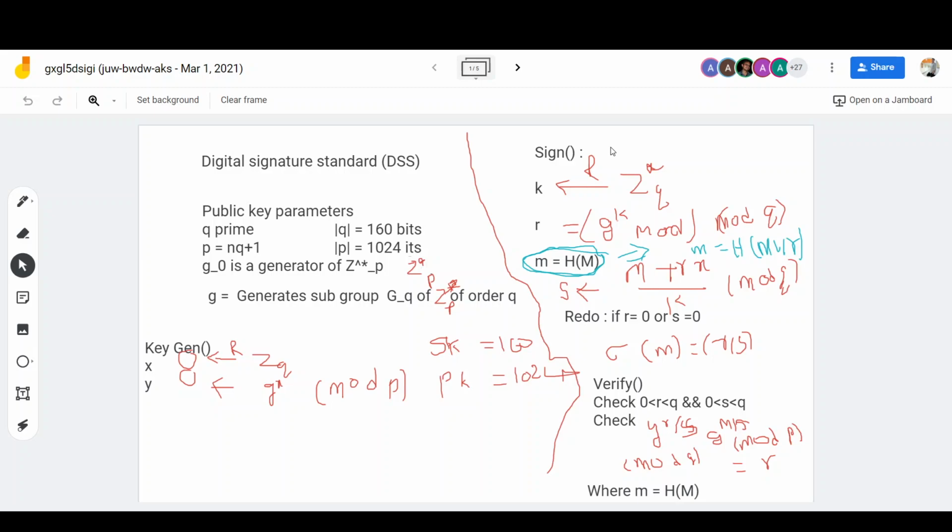I'm assuming. Now there are a few key exchange protocols, that means the Diffie-Hellman key exchange process we already discussed in our class. In the same way, a few key exchange protocols are there, but if we have time, we will cover them. Why? Because there is a sender and receiver, and in between them you need to exchange the keys securely. For that, there are several key exchange mechanisms. Authentication is the more important purpose. So if we have time, we will cover that also. Otherwise, we will finish the cryptography part till this point.